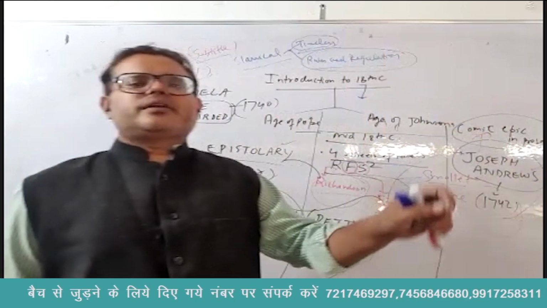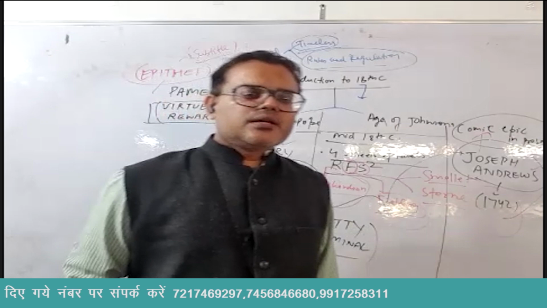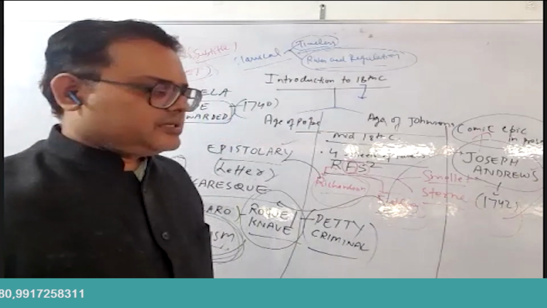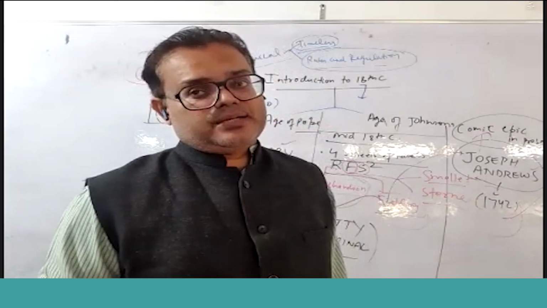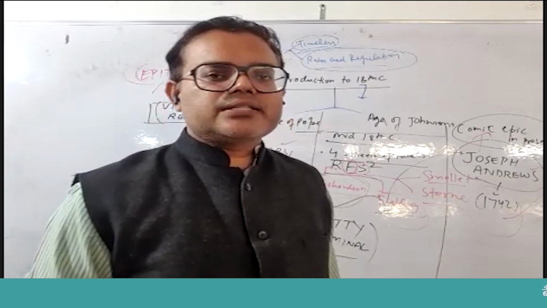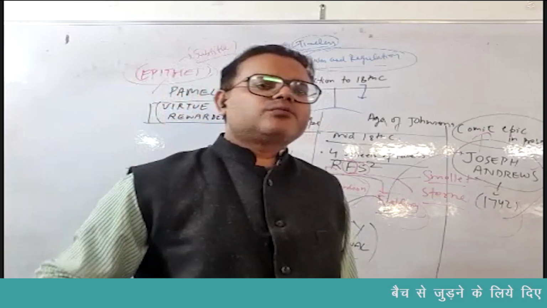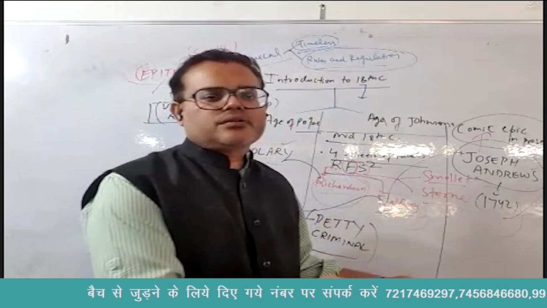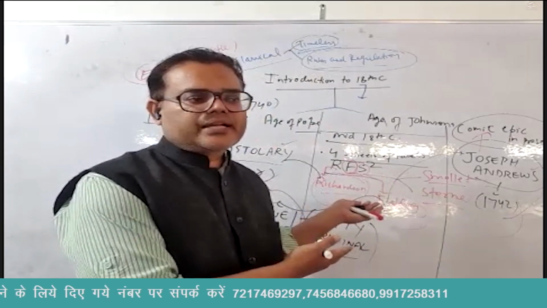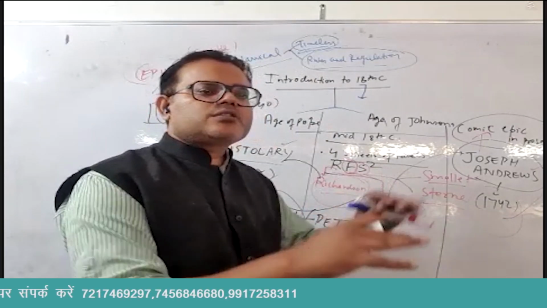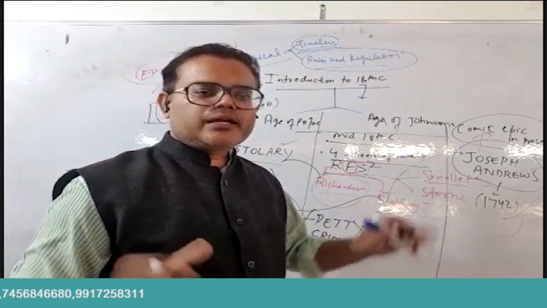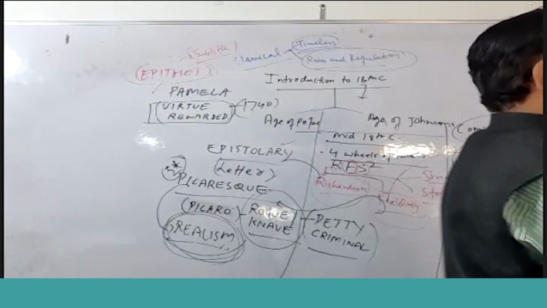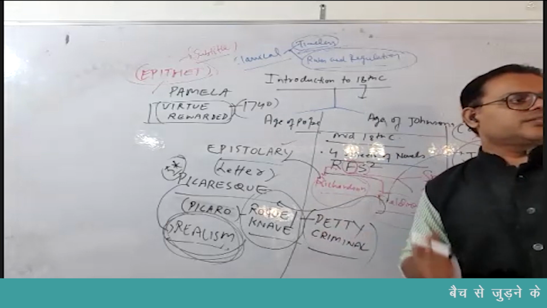And then it brings me to another fascinating thing: why did novels develop in the 18th century only? I told you in my class yesterday to read the facts in the light of concepts. What is the concept? Why not the 17th century? Why not the 16th? Why not the 19th? Why only the 18th? My dear learners, the answer is because prose was not developed. Prose was developed by Dryden in the second half of the 17th century. Because prose was getting its own rhythm and shape, novels appeared. This is the first reason that prose was getting developed, and that's why novels developed in the 18th century.